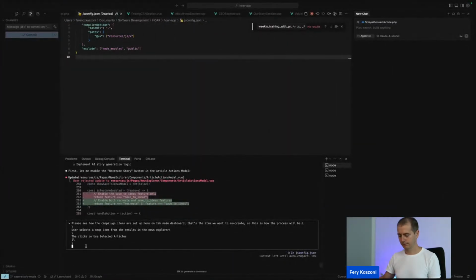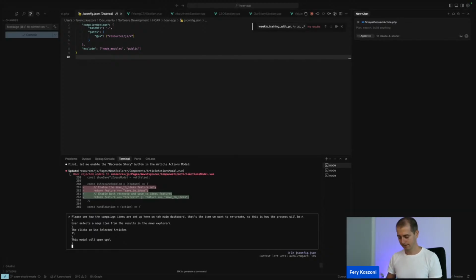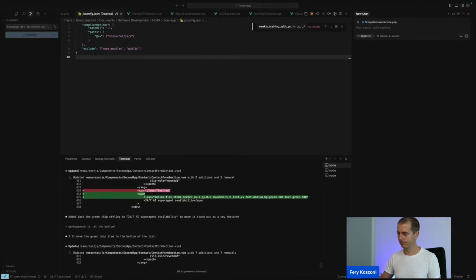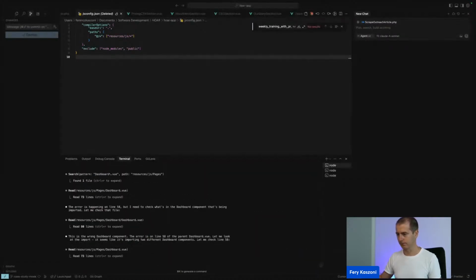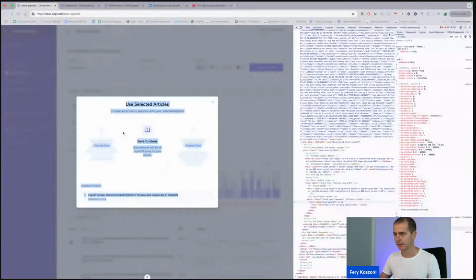This model. And by the way, you can mistype things here. It doesn't matter. That's probably going to ruin my writing because I'm just going to type without correcting mistakes, because AI will know what you want to say. This model will open up there. Yeah, it's sometimes going a bit weird. It's fine. And then when we click on recreate story,